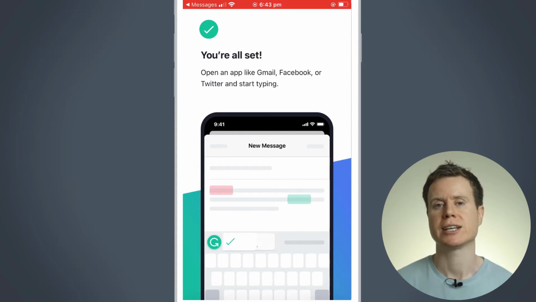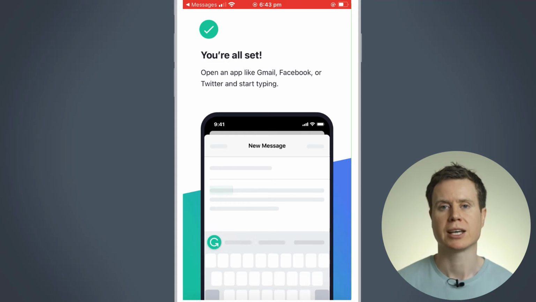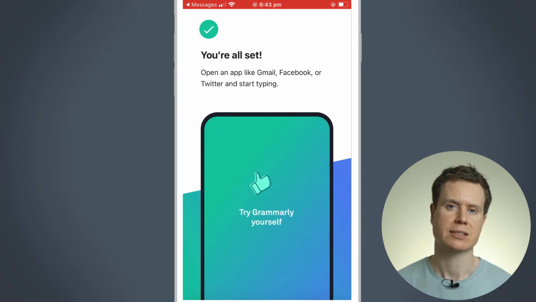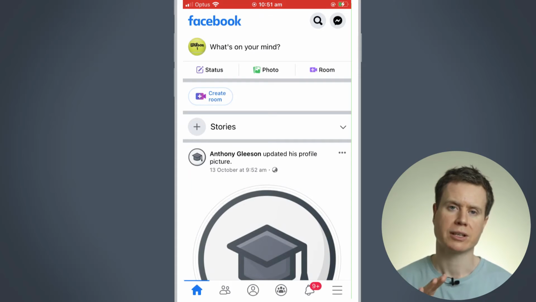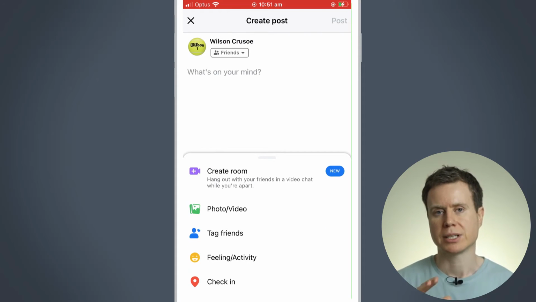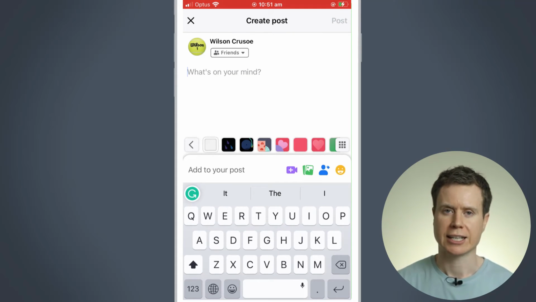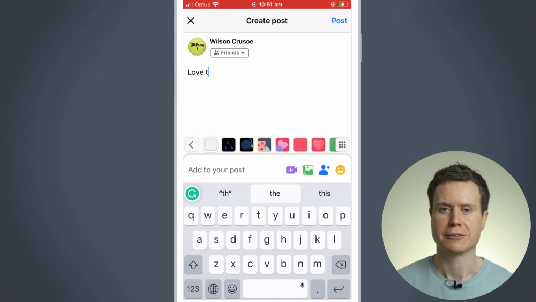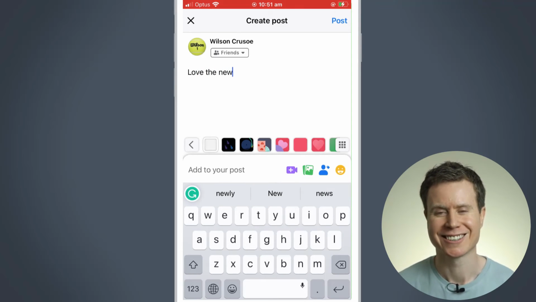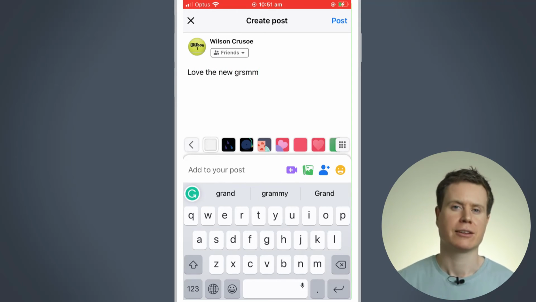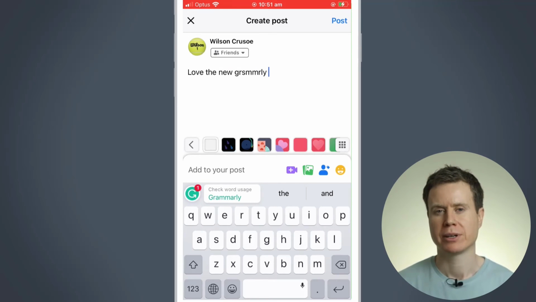I'll demonstrate the keyboard using Facebook, and I'll also send an SMS message. We'll start by opening Facebook, and I'll update my status and try adding a few mistakes, which won't be difficult with my typing ability. I'll type in "love the new Grammarly keyboard app" and I'll add